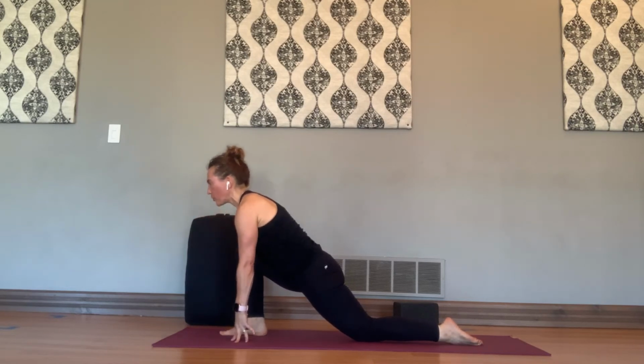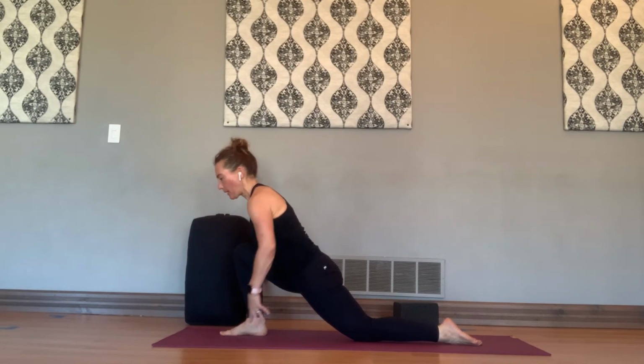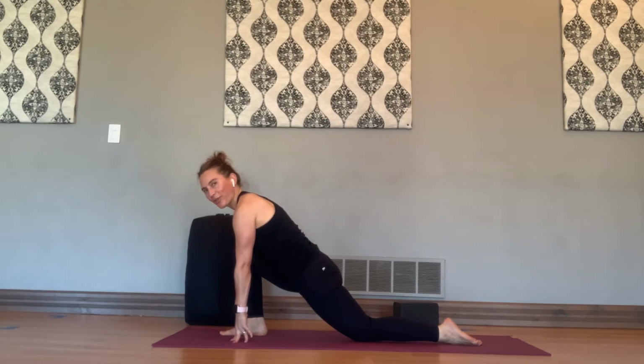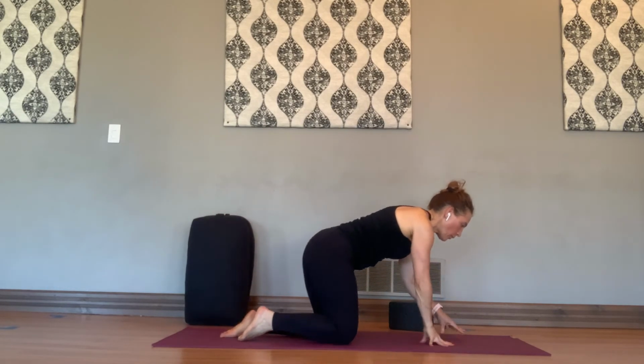Lift your abdomen, lift your chest. Let the hips come forward, knee behind toes, and get a stretch through the quadricep and hip flexor. Make sure you're breathing. We're going to take a twist from here. Now again, if twisting does not seem like a good idea, you can simply stay with the right foot forward,